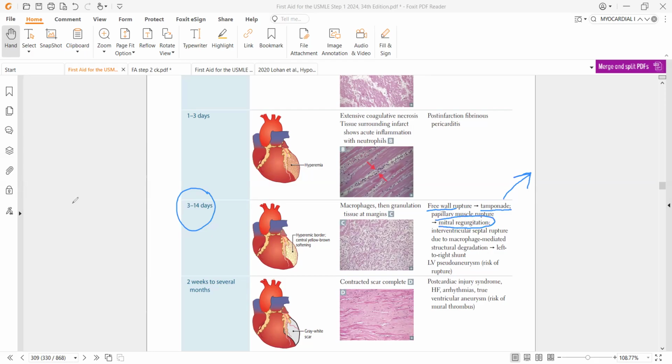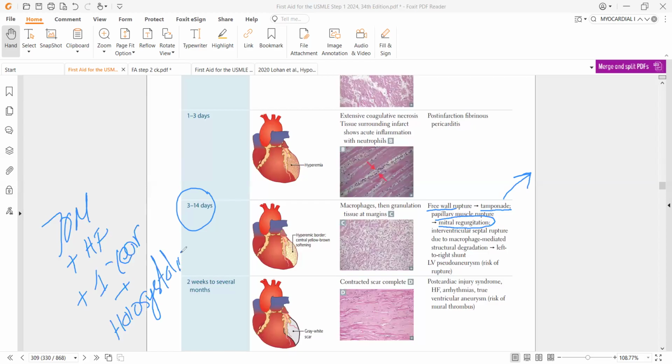They give you a scenario, like let's suppose a 70-year-old male with typical symptoms of heart failure. One year back, he had a history of myocardial infarction, right? And he presents with a holosystolic murmur at the apex that radiates to the axilla. So the patient has myocardial infarction, and this myocardial infarction led to